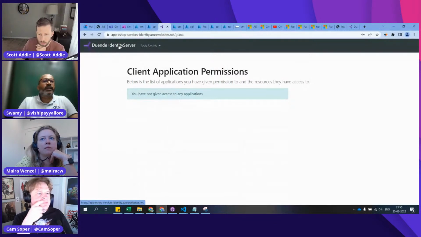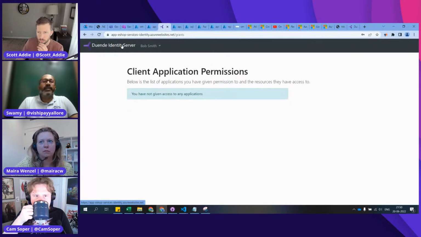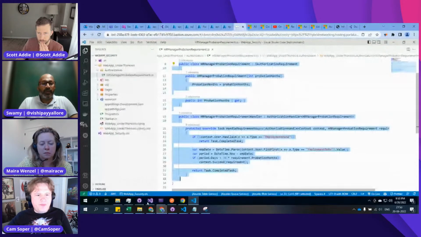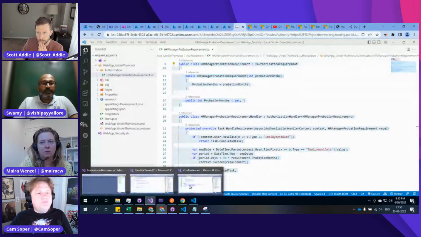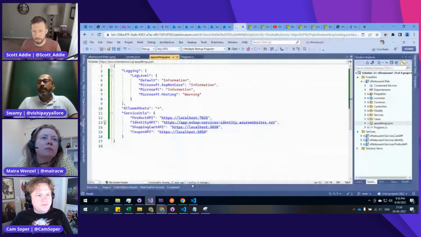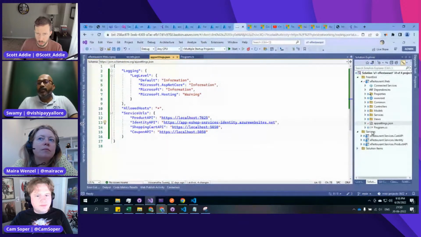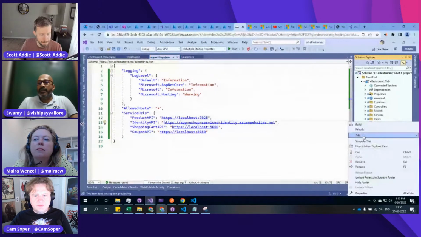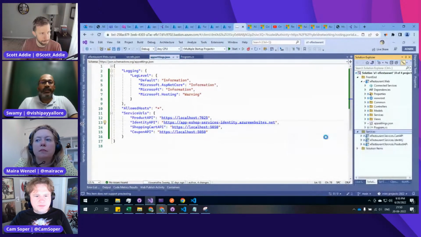This is coming from this IdentityServer 6 template, because I just installed it in my VS 2022, and I'm using this one. So if I go in here, right-click, and add a new project,